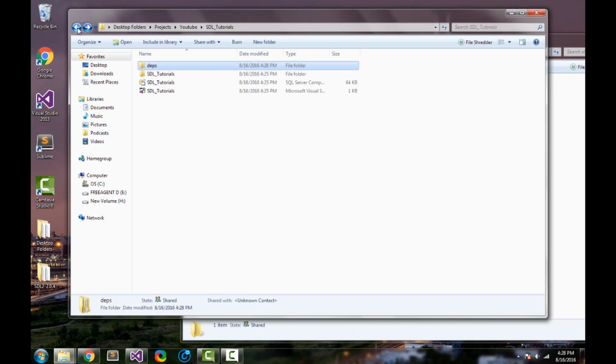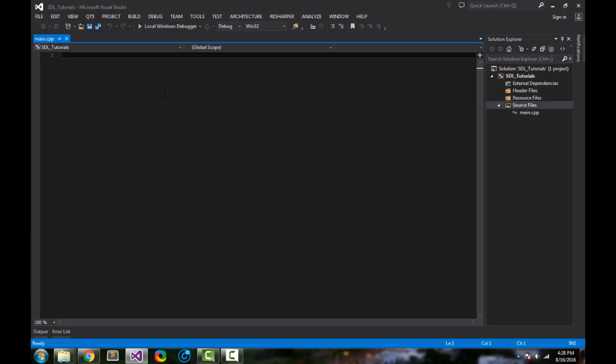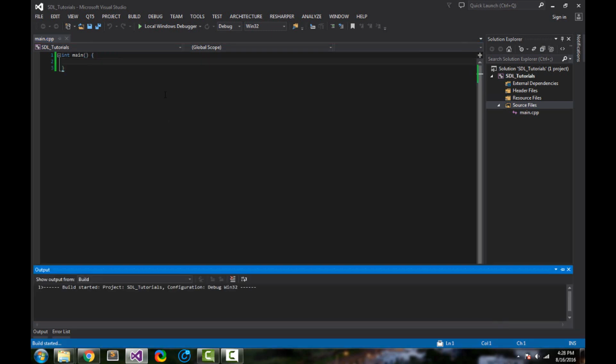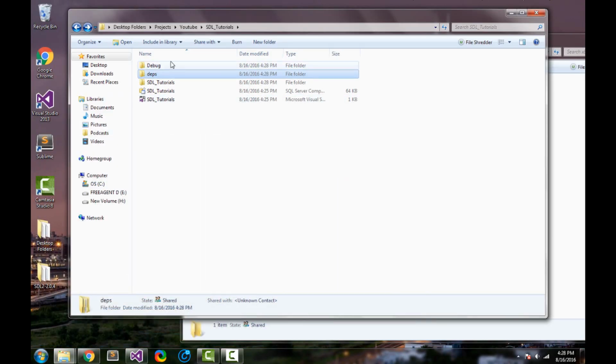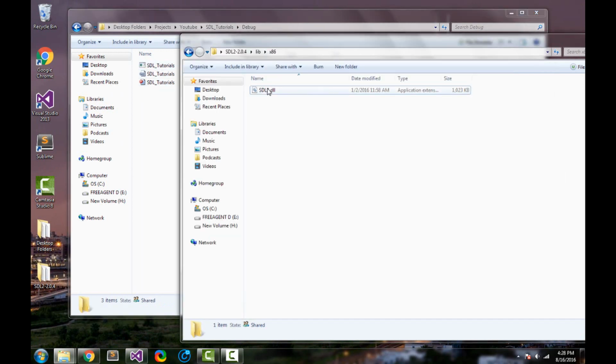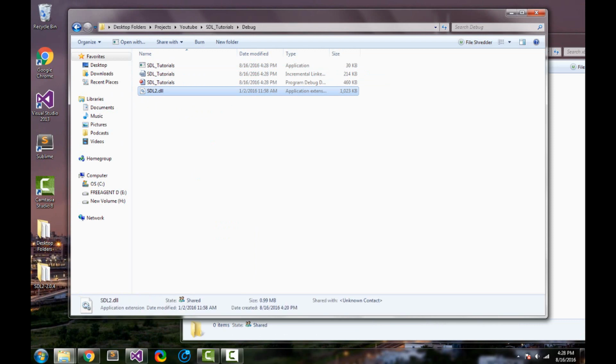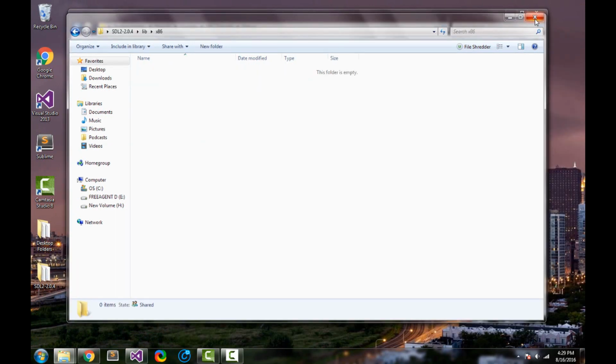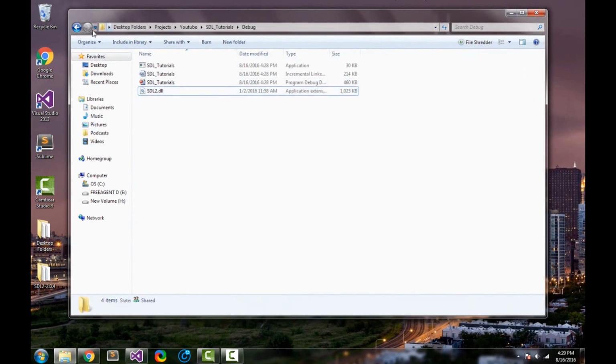Now go back, and we're actually going to need to build our project one time. So I'm just going to make an int main and run it. So there we go, it built. Now we have a debug folder. Go inside the debug folder, and this is where you're going to drag in the sdl2.dll. Now you can just close out of the SDL library folder, and we have everything in our project where it